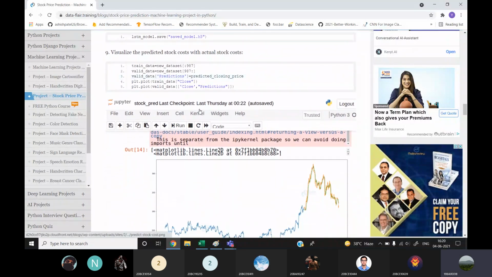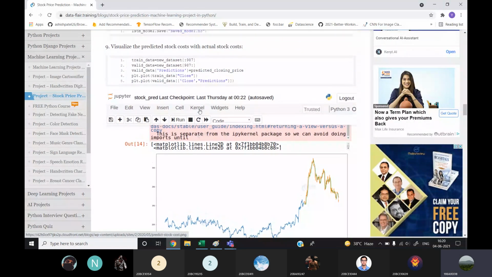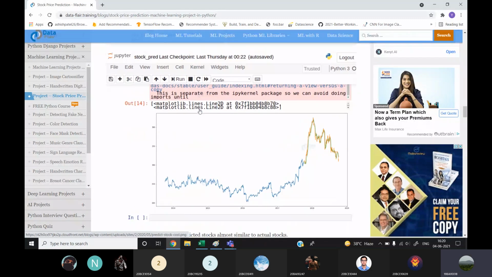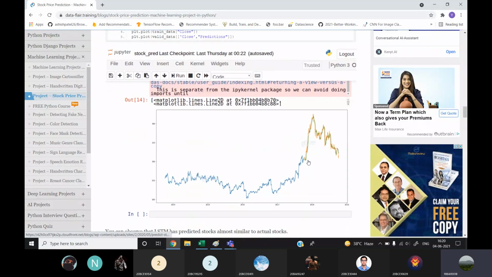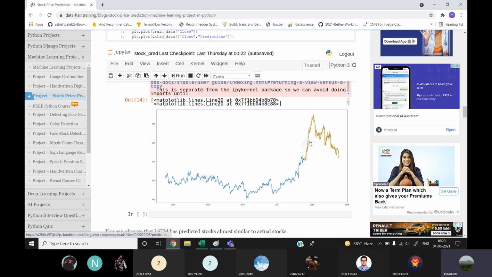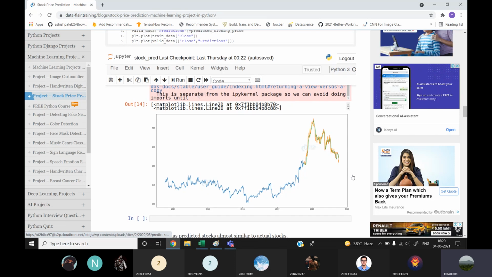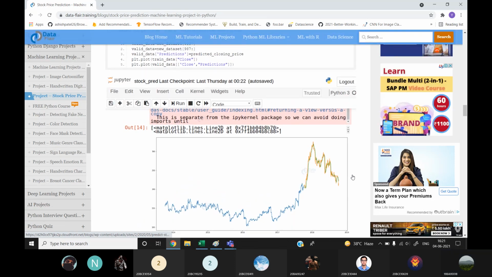Now we'll analyze the model. Here you can see that we had trained it till somewhere about 2018, and these green lines are the predicted values of our model. As you can see, they are quite close to the actual values. That means our model has learned well, and it works nicely.